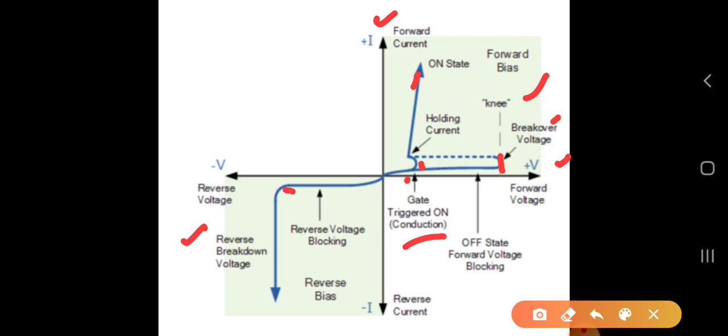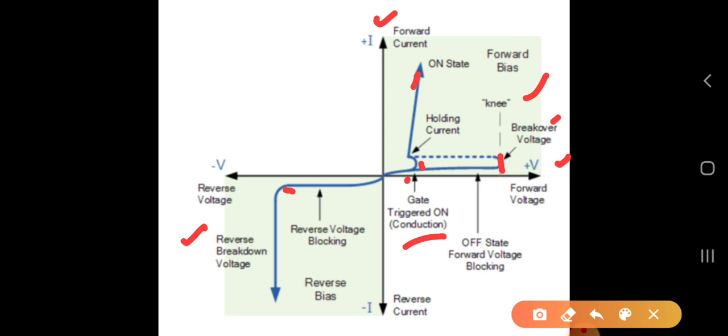So when you increase the reverse bias voltage very high, it takes a maximum voltage and suddenly a breakdown occurs. Breakdown means everything collapses. So heavy current suddenly starts conducting through the SCR. We can say the SCR is damaged and is not going to work. It is not called a turn on; it is called damaged.